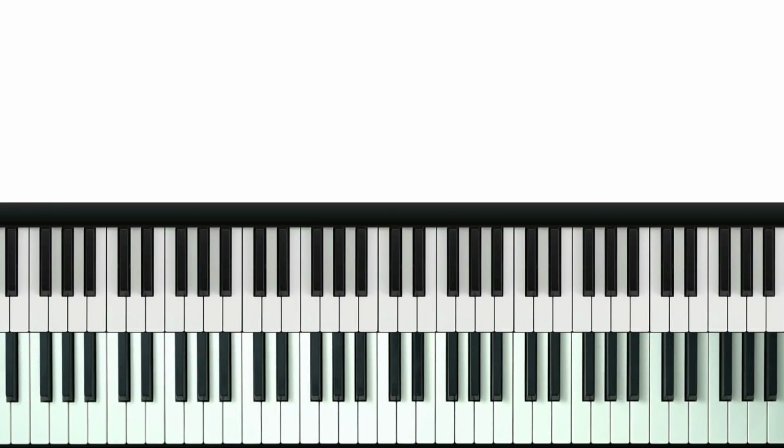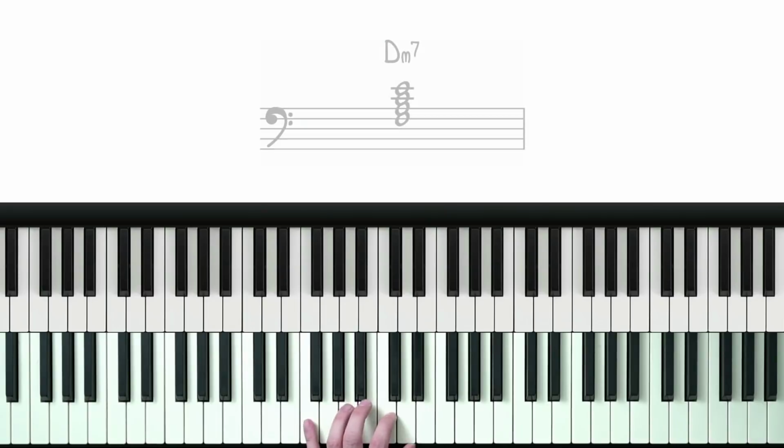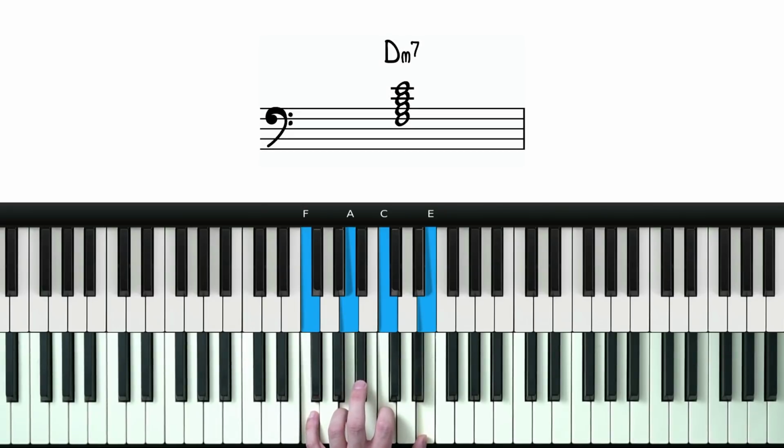For minor 7 chords, let's look at this one in D minor. We've got this. And this gives us the flat 3, 5, flat 7, and 9. And for our type B,